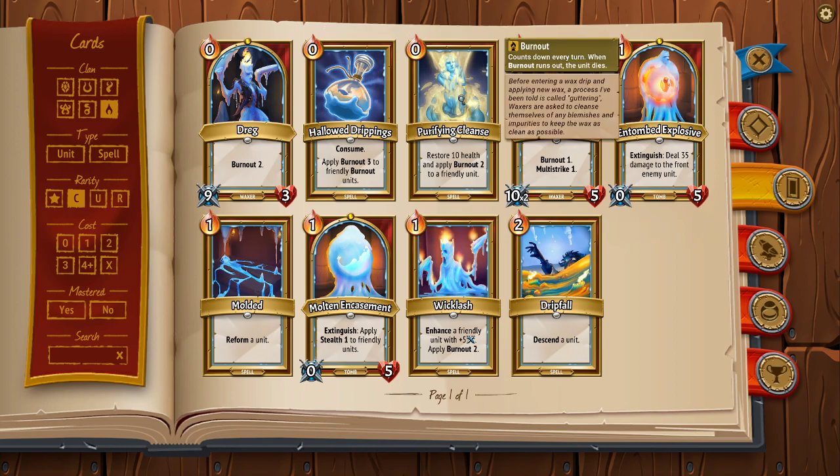So next up is Purifying Cleanse. The Purifying Cleanse is a zero cost card that restores 10 health and applies burnout 2 to a friendly unit. It only targets a single unit, only applies burnout 2, but it does not consume, so it can be used repeatedly. It also restores 10 health, so it can be good to top off